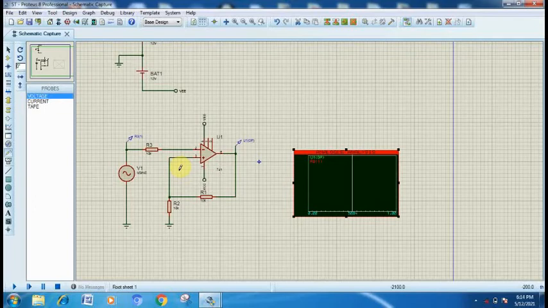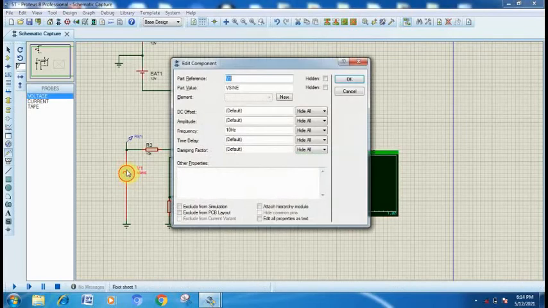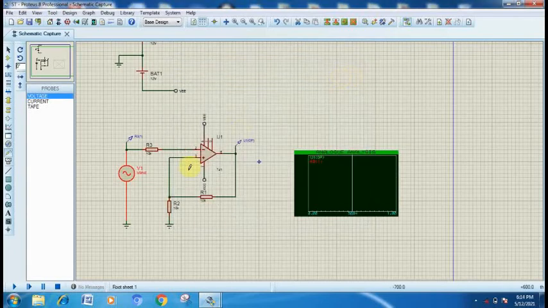So we have to give the input such that it can cross the 5 volt. So give the input amplitude as 7 volt. Now click on OK.